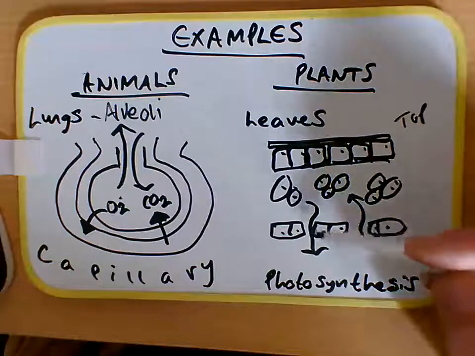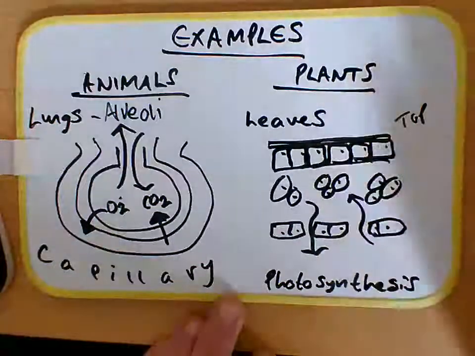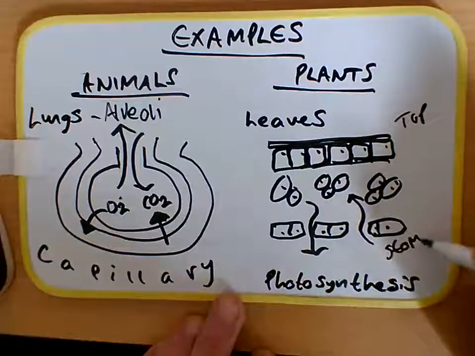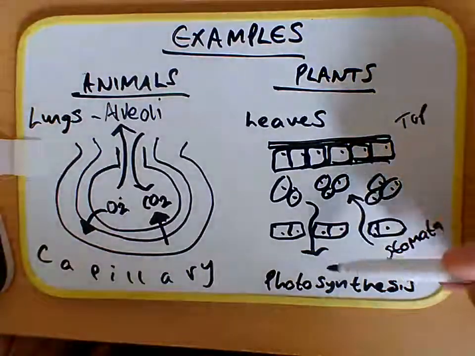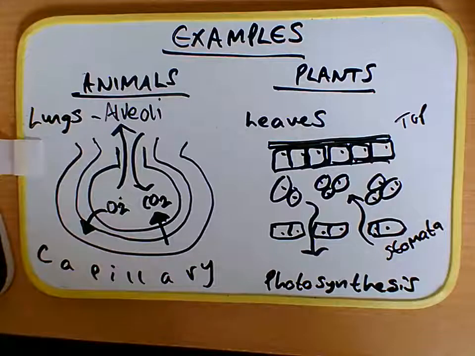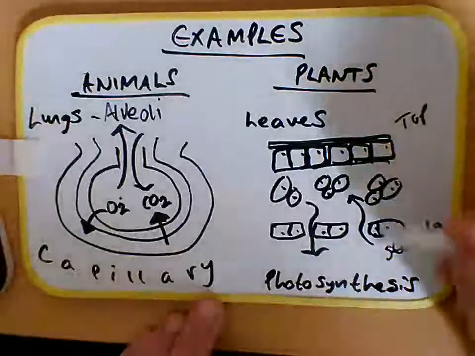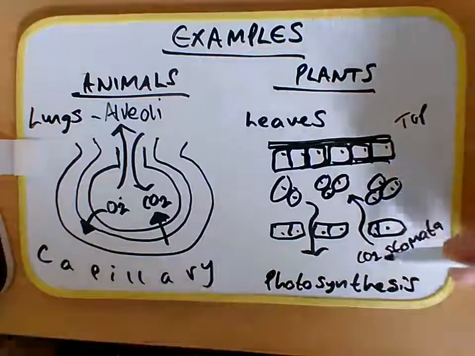And at the bottom of the leaf, we have these little gaps called stomata. And stomata allow gases in and out of the leaf. So of course the gas plants need for photosynthesis is carbon dioxide. So carbon dioxide is diffusing